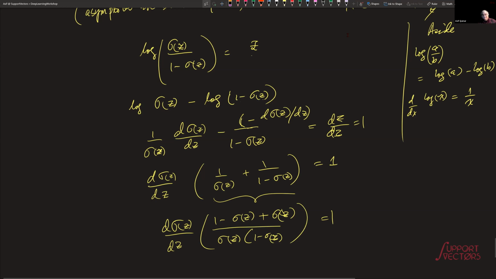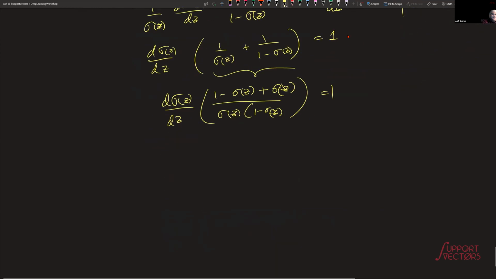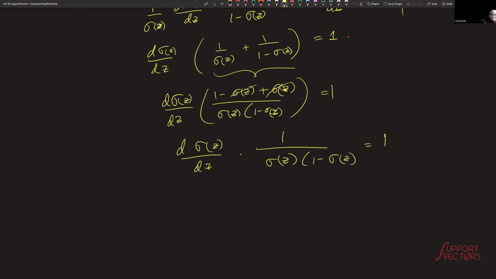Oh, lovely. Things are beginning to sing a little bit, because this term cancels out, and we have this result: d sigma(z)/dz times 1 over sigma(z)(1 - sigma(z)) is equal to 1. And therefore, you just computed the derivative of the sigmoid function. The sigmoid activation function's derivative can be written in terms of the sigmoid itself. So now going back, if I just say a(z) is sigma(z), in this particular case, going back to our notation, the derivative of a